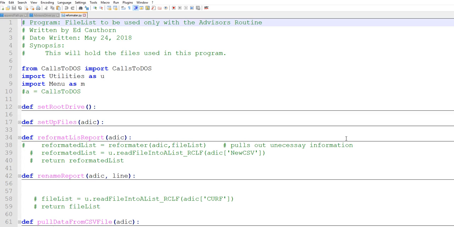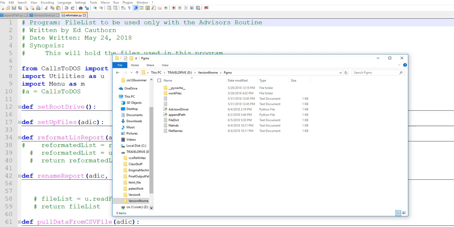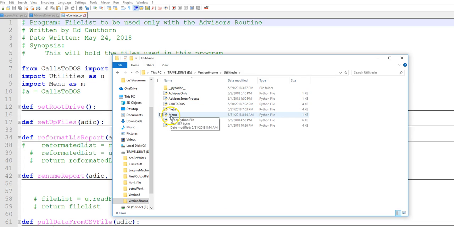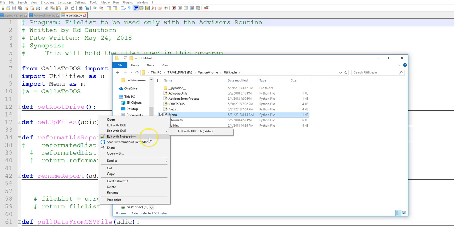And then I import my menus here. Now, it's not so hard to see how these imports work. Let's go look at the menu. These imports are all coming from a different directory than the program itself. We're not going to do that tonight. I hope to do that later. But tonight what we're going to do is build a menu. And if we look at our menu,